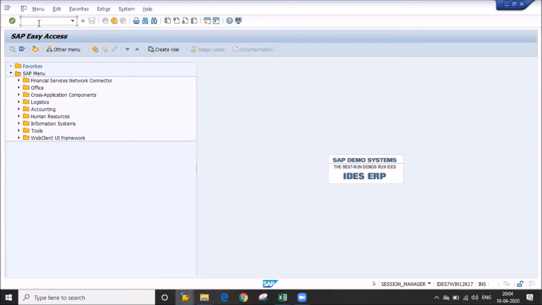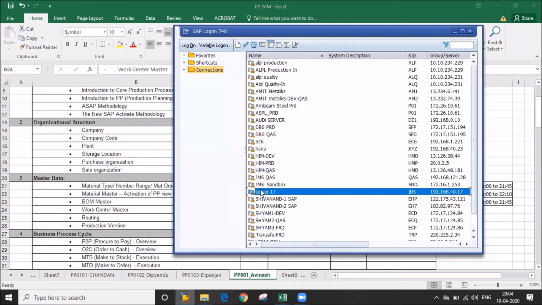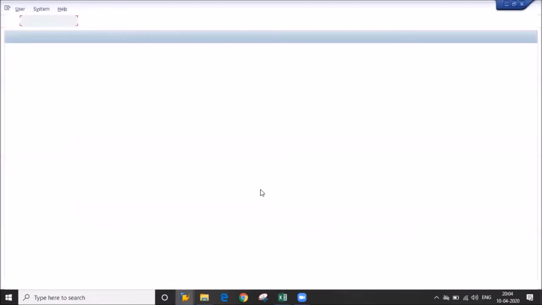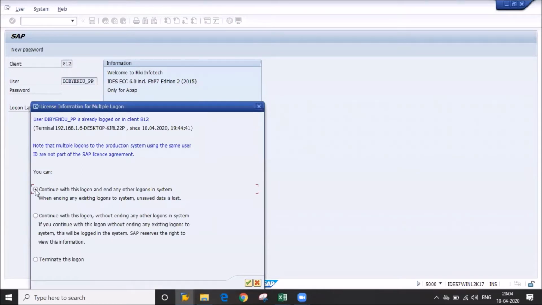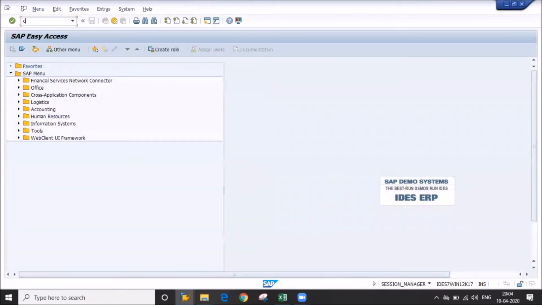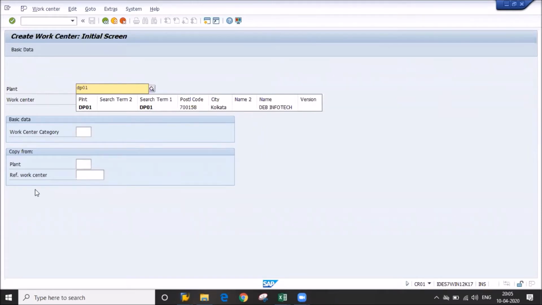So our work center creation T code is CR01. First we will give the plant.